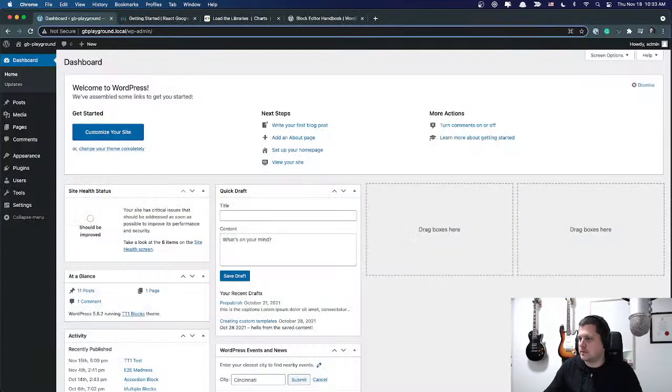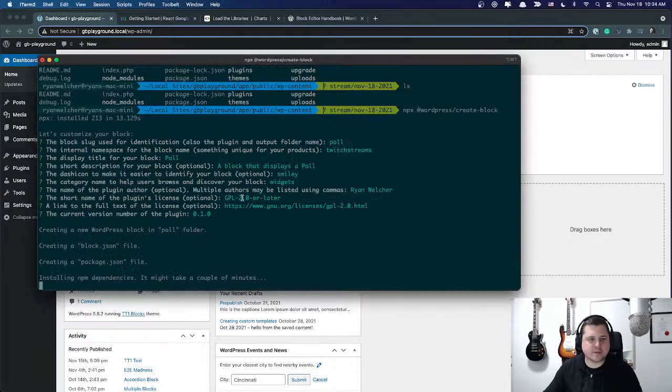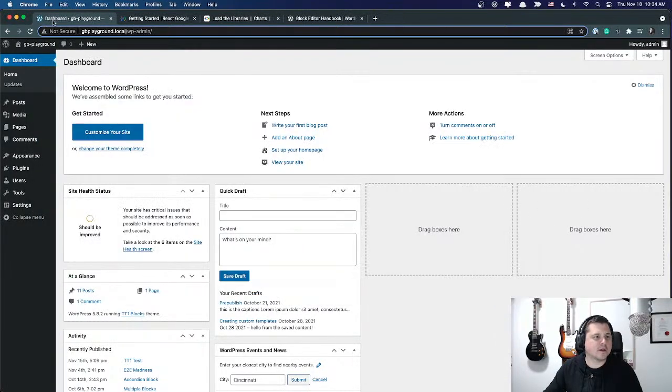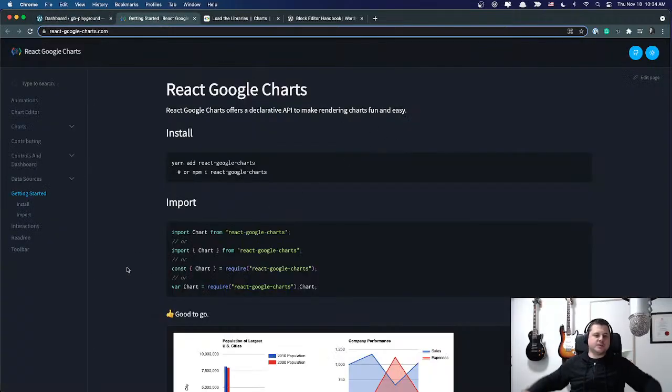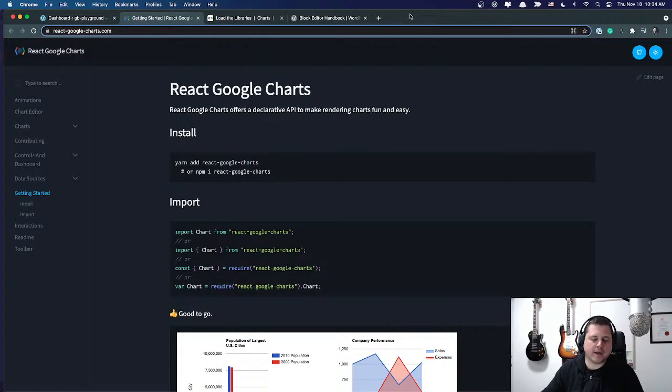Okay, sorry. And so while this is installing, it's going to run the npm stuff. I've been thinking about this, and so for this poll block, we need to have a couple of things. We need to have the ability to add the items, the sort of voting items. We're going to need the ability to